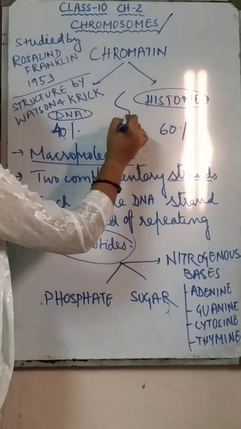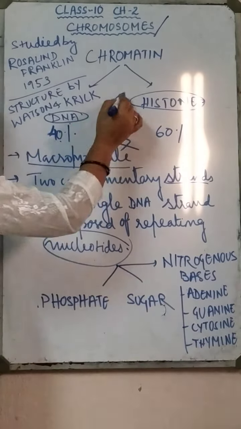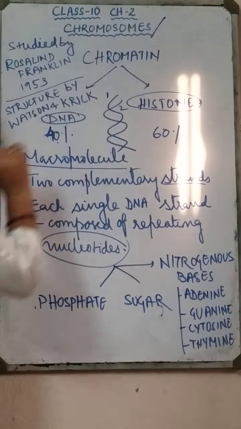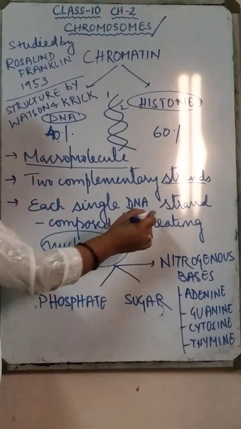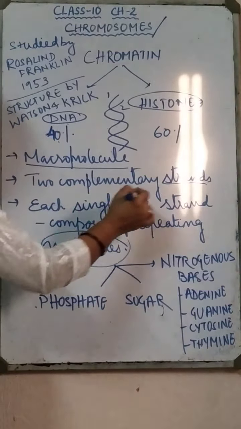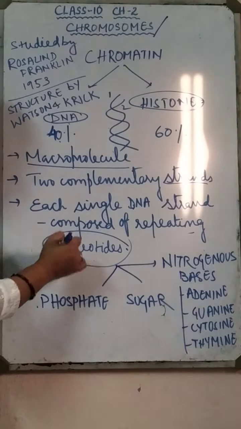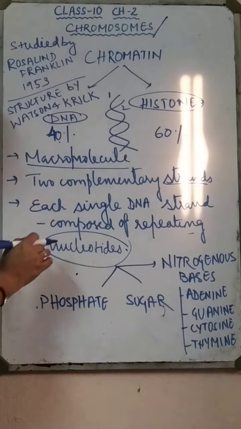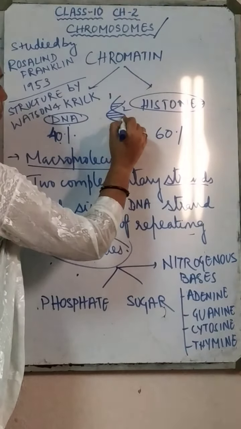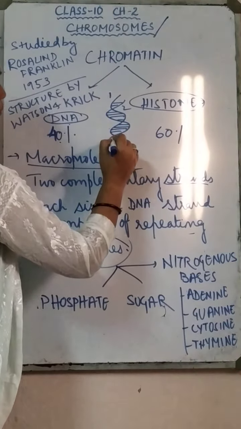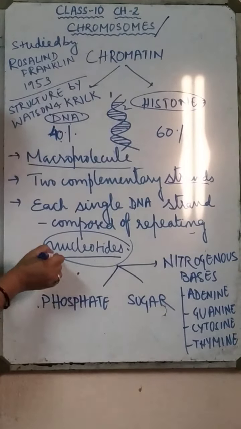See, I will be drawing here. This is one strand, and to that again there is a pairing. This is another strand. So this is strand 1 and this is strand 2. So DNA is made up of two complementary strands. And each single DNA strand is composed of repeating nucleotides. Again, what are these nucleotides? We'll discuss now. You might have seen in books the ladder-like structures like this. There is a kind of attachment between the two strands. These two strands are getting attached due to the presence of repeating nucleotides.